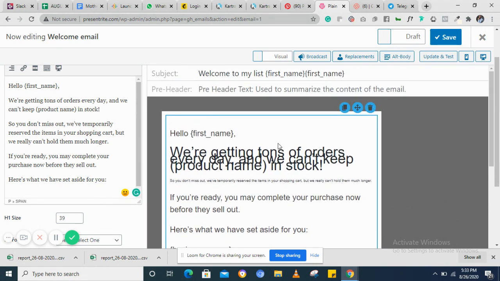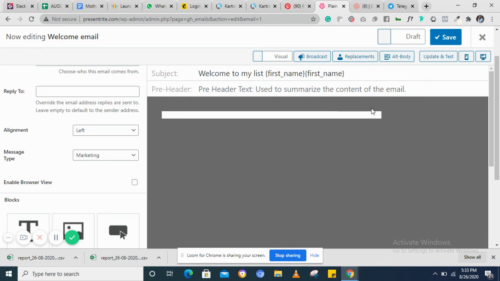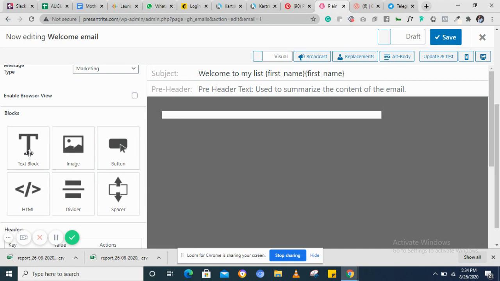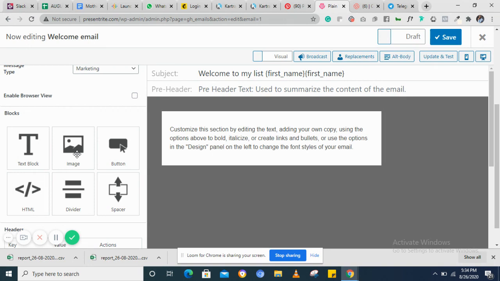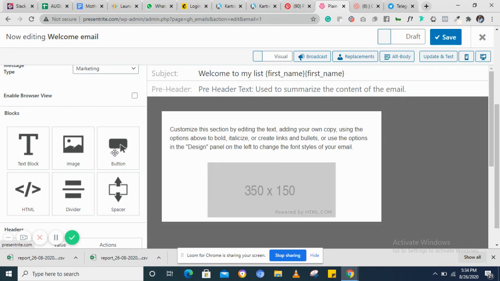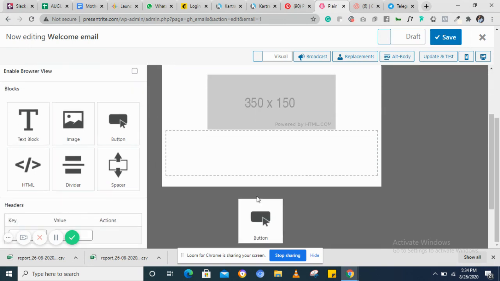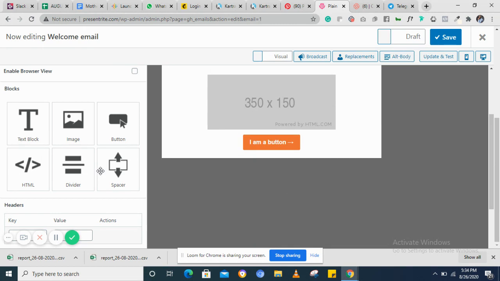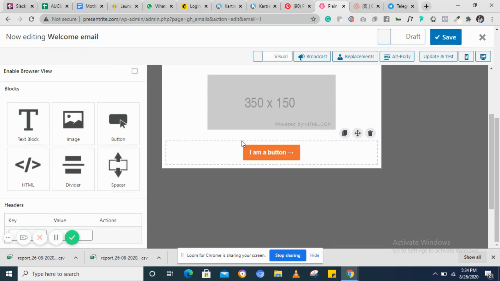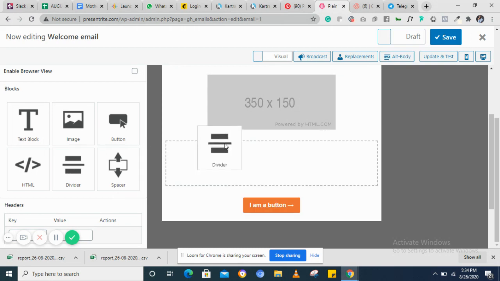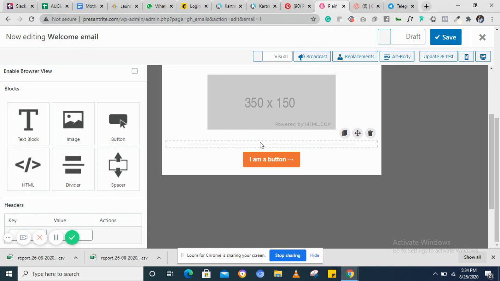In case maybe your hand touches this place and you delete everything, what you need to do is come down to this place where you can add different things. You can add the text block, you can add an image, you can add a button, you can add a space in between in case you want to space. You can add a divider, and each one of them you can edit. All you need to do is to click